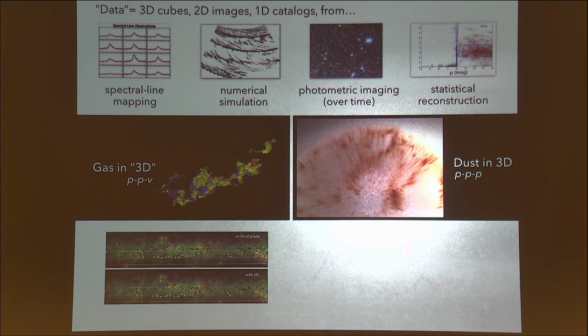OK, so another result that has constrained the structure of the galaxy recently in weird ways that came from our group was this thing over here. Again, I promise you, I will explain the details of all of these things. Let's just give you a map of where we're going. And what we found were some very unusual, very long and skinny, dense molecular clouds that lie in the disk of the galaxy. And when I say long and skinny, I mean like 300 parsecs long and 1 parsec wide.